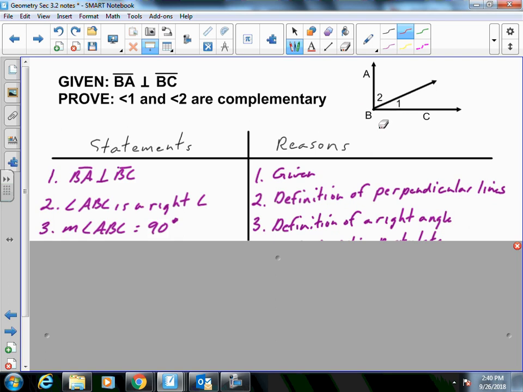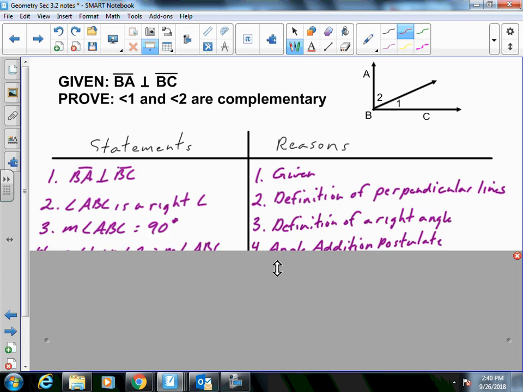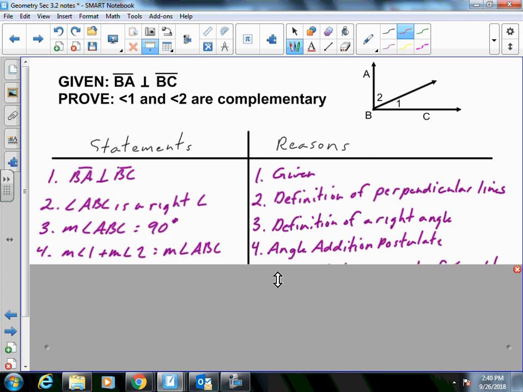So from that picture, I'm going to say that the measure of angle 1 plus the measure of angle 2 is equal to the measure of angle ABC, which is just the angle addition postulate, saying that I can add two smaller angles together to equal the size of the bigger angle. All right. So now our goal is still to show that 1 and 2 added together is going to equal 90 degrees,